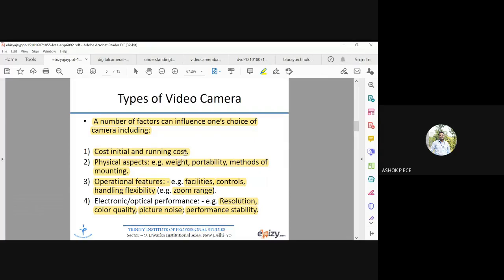Picture noise means that when you capture the image, noise is added to your signal, which makes viewability very poor. So a lot of factors have to be considered before you buy a camera: primarily the cost, second the physical aspect, and then the operational features and the performance characteristics. Okay.